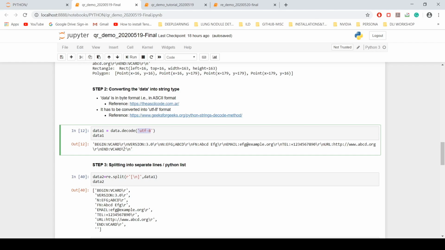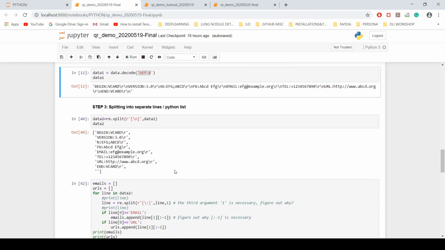If you look at this, this is again having several things like begin version, right? And what is the name, display name, email, telephone number, URL, all these things. And those things are being separated by this new line.